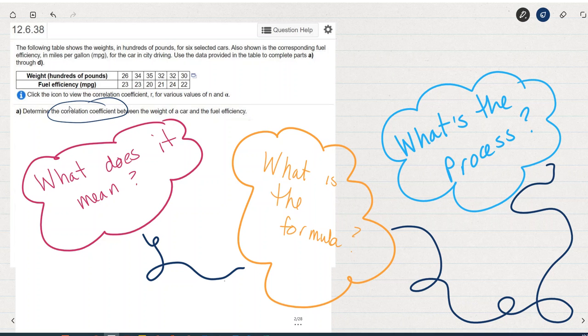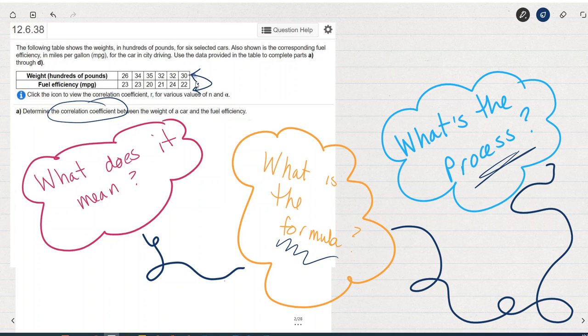To calculate the correlation coefficient, we're going to use a formula. So we need to know what that formula is, and then we'll walk through the process of calculating that. But let's stop for just a minute and talk about what that correlation coefficient means. The correlation coefficient tells us about the relationship between these two variables. It tells us how closely related the weight of the car is to the car's fuel efficiency based on these